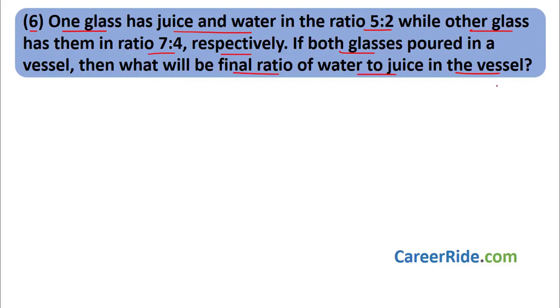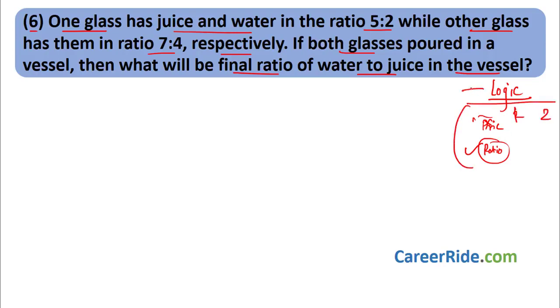Now over here again this sum is very easy, we can solve it with logic, we might not need the formula also, right? When do we use formula and when do we use logic? In the formula we have the price and the ratio of quantities, that is, in what quantity we have to mix them. Even if there is no price, if there is some other quantity, generally here we get the ratio of quantities in which we have to mix, right? So whenever we have to find the ratio of quantities in which we have to mix two objects 1 and 2, then only we can directly use the formula.